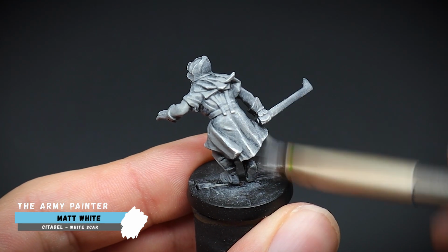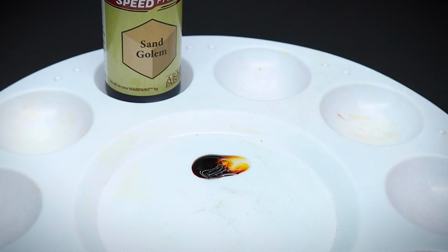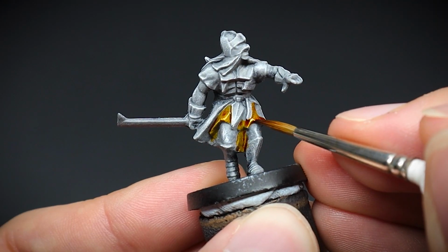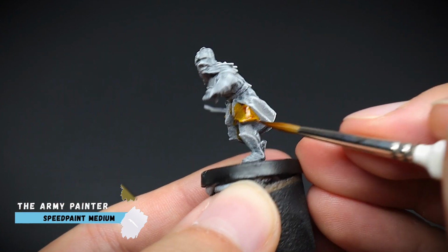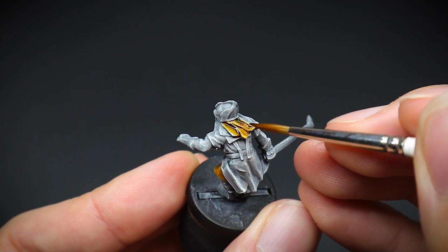Now we can start by adding our colour. Some Uviwi mixed with medium was applied onto the cloth, about a 50-50 mix. If you choose not to use any medium, then this paint will be more opaque straight out of the bottle. But remember, we added that texture look by using the makeup brush, and we want this to be seen, so